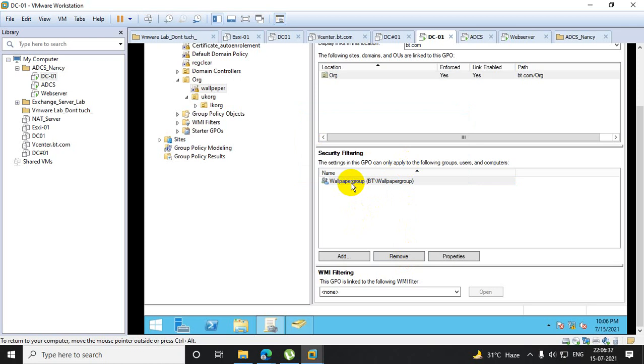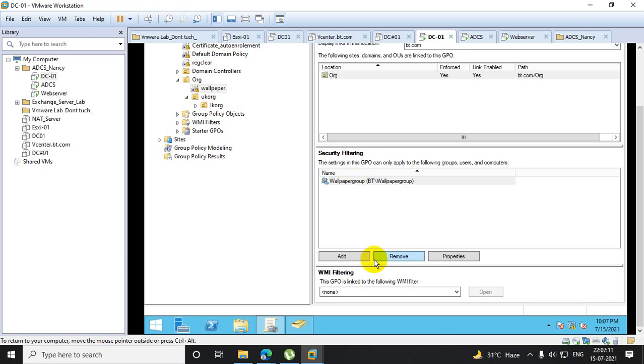So it's called security filtering. This can also come as an interview question: what do you mean by GPO security filtering? In this security filtering option, if I add any users or specific groups, the policy only applies to those particular users or groups. But in general, it is not recommended to add users, because let's say the user leaves or quits the organization. So instead of adding a single user, it is better to use a group.